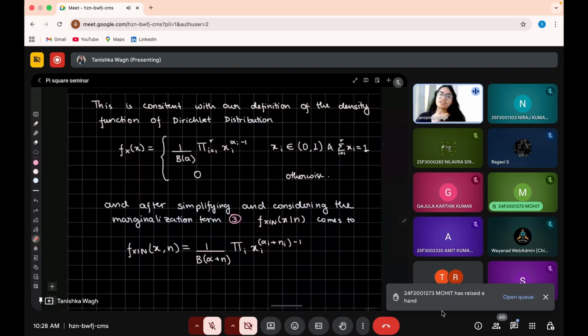So to formalize it, we have this thing called the Dirichlet distribution, and this is how the Dirichlet distribution's PDF is defined. It's a product of all of the probabilities, right? So this is a kind of probability, because it does go from 0 to 1. Actually, this is not an open interval, this is a closed interval. And obviously, all of them need to sum up to 1. So we can see here that